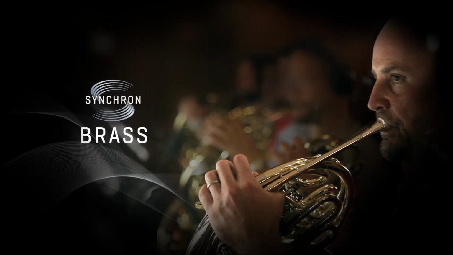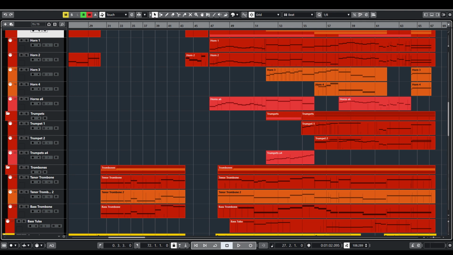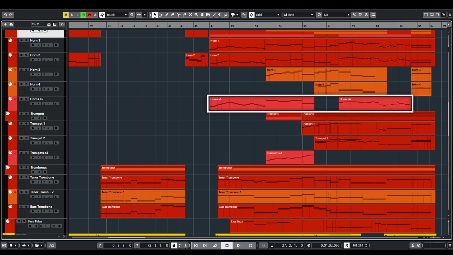The brass instruments are very dynamic in this piece. In the first half of the track they play softly, supporting woodwinds or providing additional harmonic material. They gradually increase in volume up to a goosebumps-evoking fortissimo. Here I used multiple soloists from Synchron Brass to have better control over the notes, while layering the horns with an ensemble patch to give them more body.